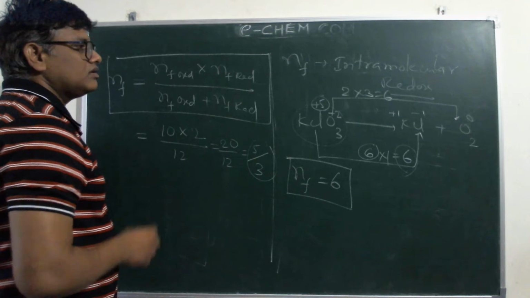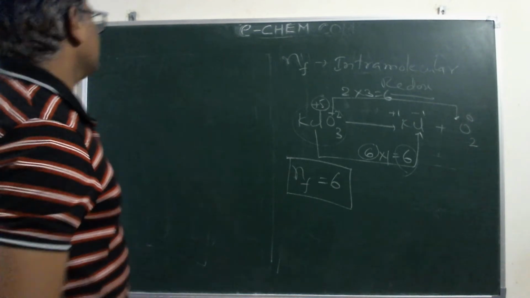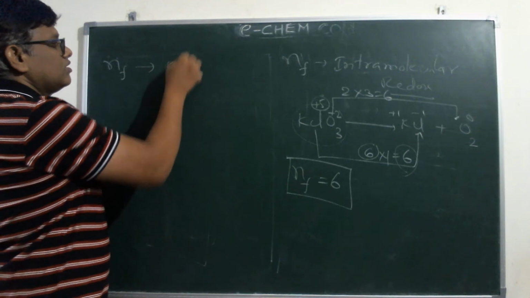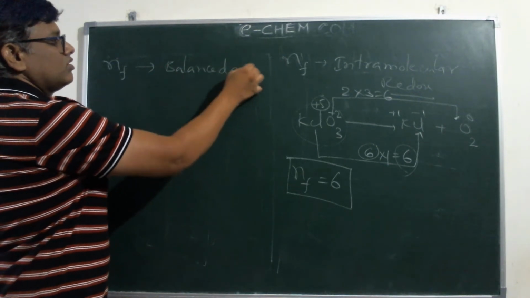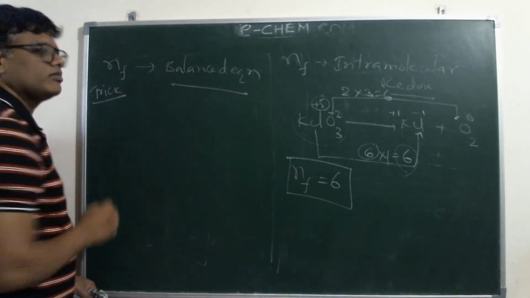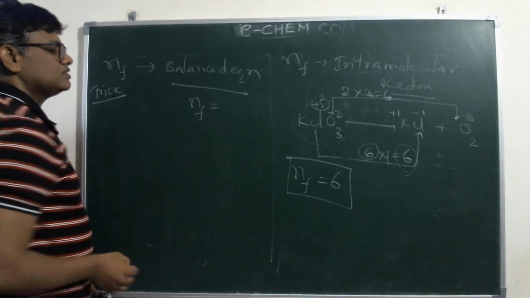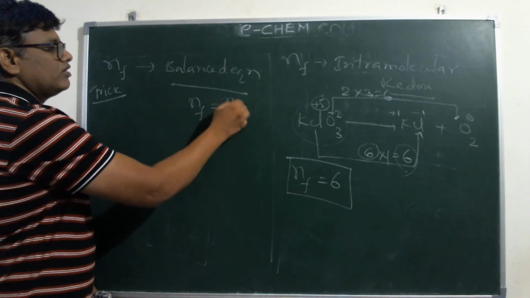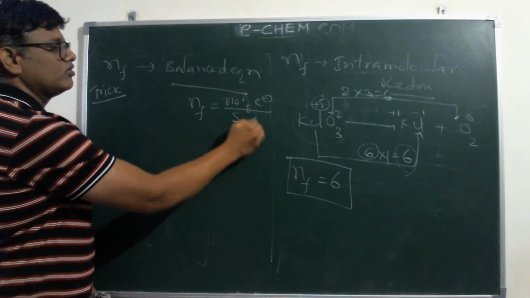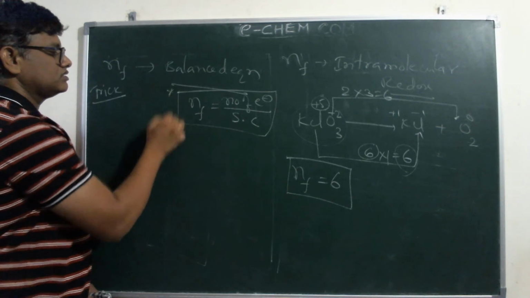Right. Now let's go for calculation of N factor taking balanced equations. One trick I will give you here to calculate the N factor for balanced equations. According to this, N factor is equal to the number of electrons involved in the complete reaction divided by the stoichiometric coefficient of each and every component for which you want to calculate the N factor. You have to take this expression. This is a trick.